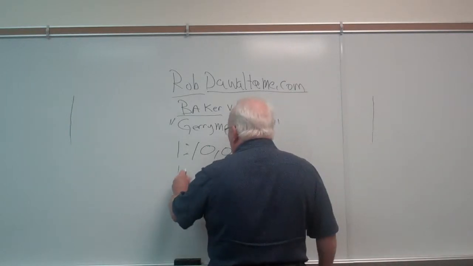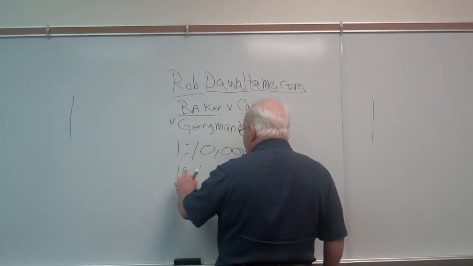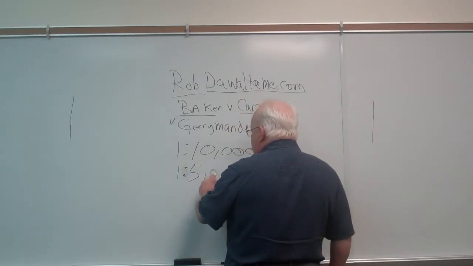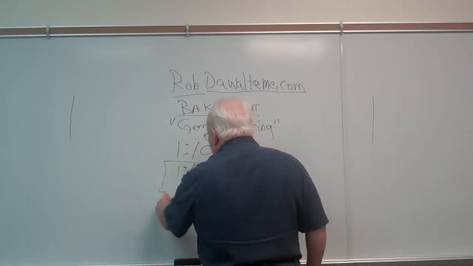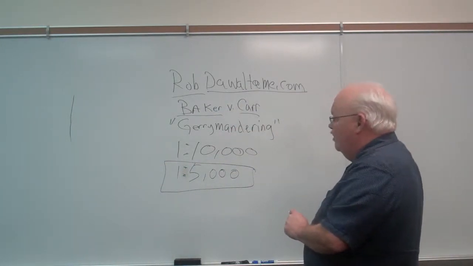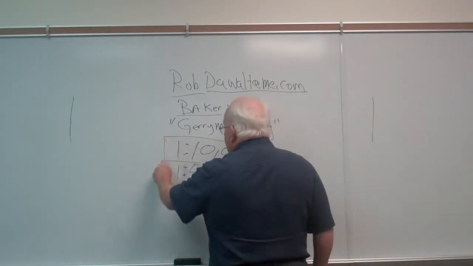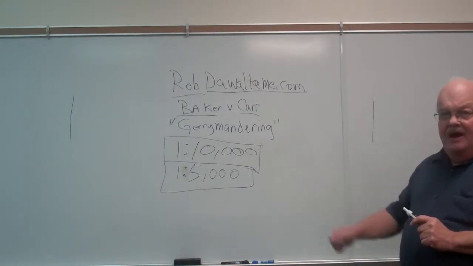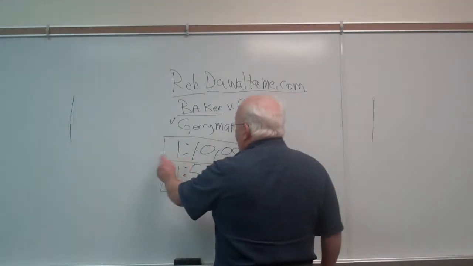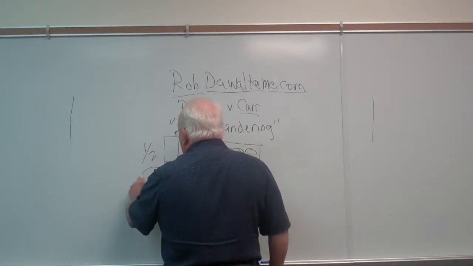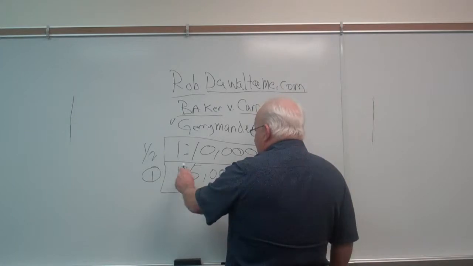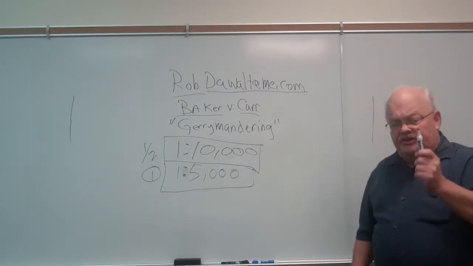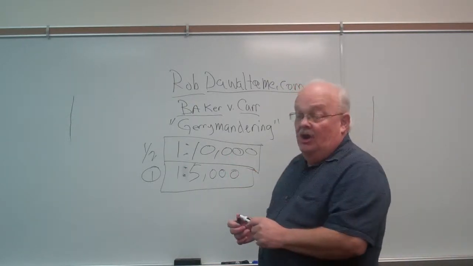Well, and there's another one where the district only has, that's supposed to be 2 dots, sorry. Let's say that this district has only 5,000 people in the whole district, and they're voting for a congressman or a state legislature. And this is another district, and it's got 10,000 people in it. Is that fair? Obviously not. Your vote is worth half of this one. Say that vote counts as 1. Well, this vote only counts as 1/2. That's the bottom line of what's really wrong with gerrymandering.